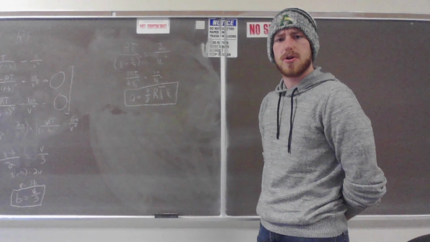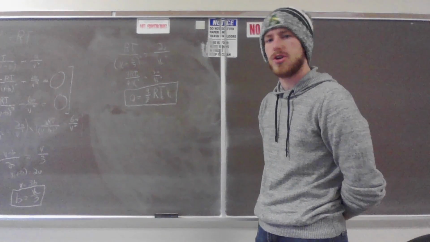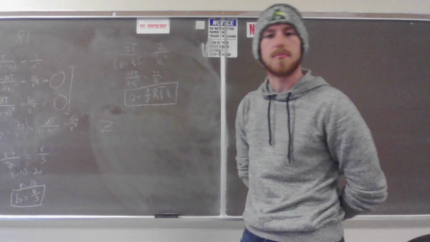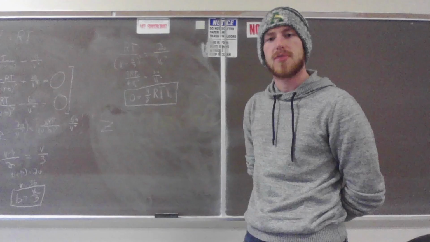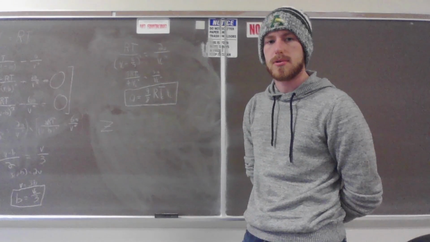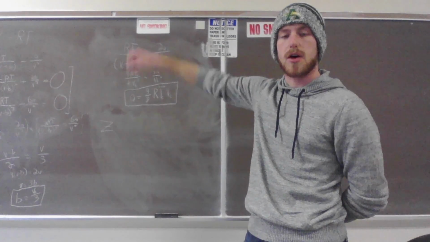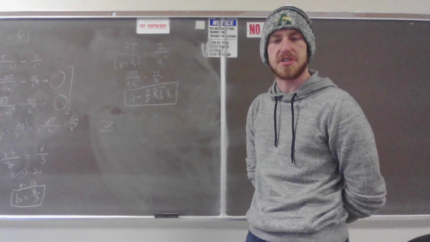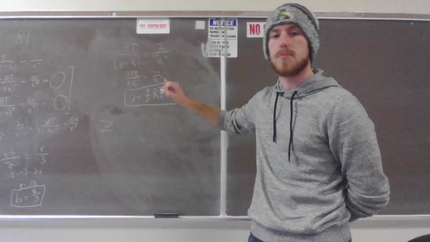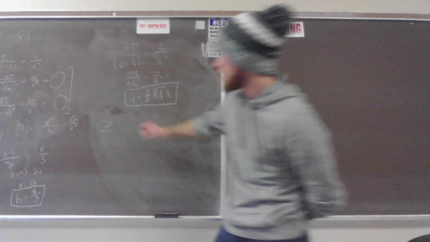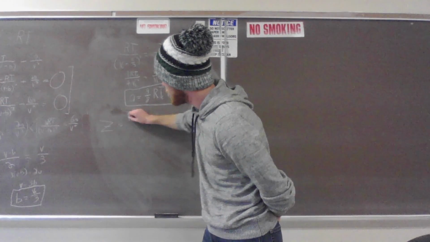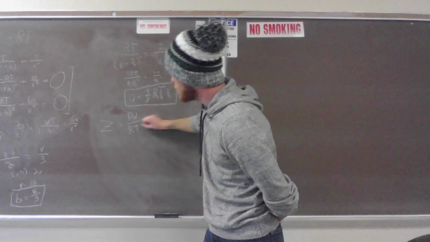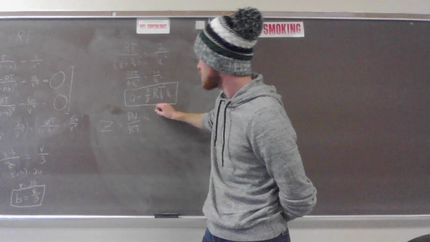Now we're going to continue our derivations by going after a new variable, which we're going to call Z, which is known as the compressibility factor. Now the compressibility factor is equal to the ideal gas law, PV equals RT, where the R and T are moved over to the same side. So Z is equal to P times specific volume over RT, which in the case of an ideal gas is equal